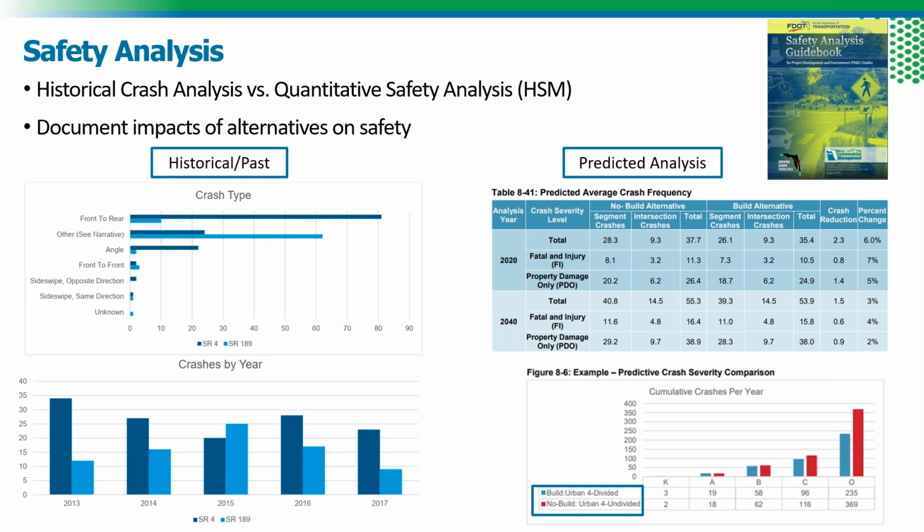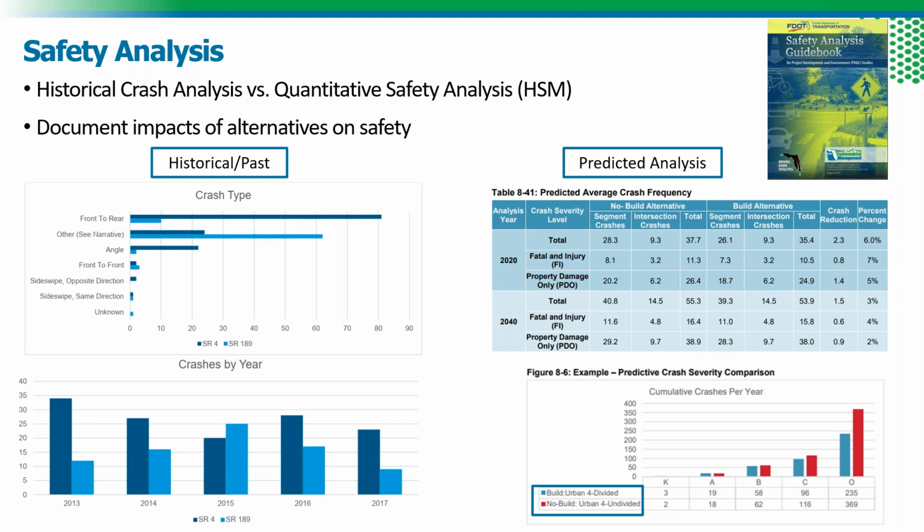The reason the previous question was it depends is that if safety is not identified as part of the purpose and need, safety analysis can be provided in the PTAR, but that doesn't necessarily mean that the analyst must go through all the safety analysis. It's probably going to be recommended as part of the process, but it's not a requirement listed anywhere that you do the quantitative assessment. What is required is some sort of commentary on safety and how the report may be impacted. So let's go over the difference there.